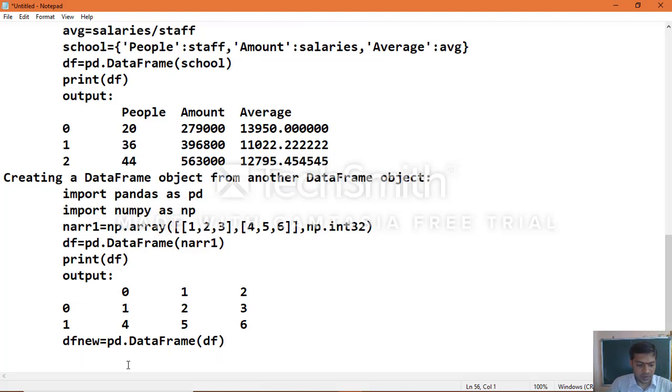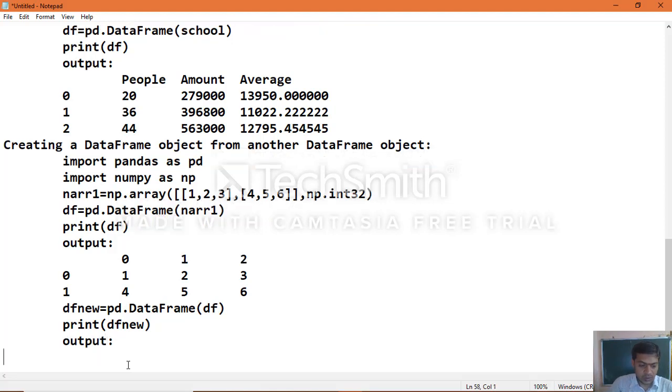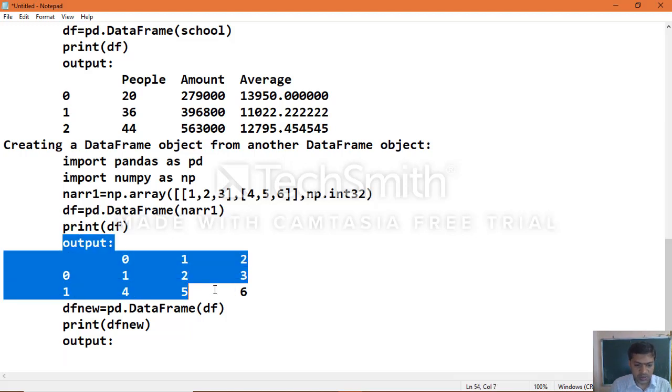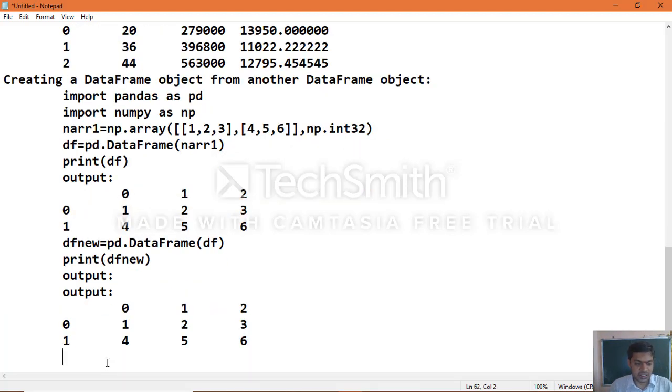Okay, then if you print df new, I will see the same output as earlier, when you pass a data frame object to another data frame object. There are other techniques also, but they were not specified in our curriculum. So that is the way we can make use of a data frame with another data frame object.